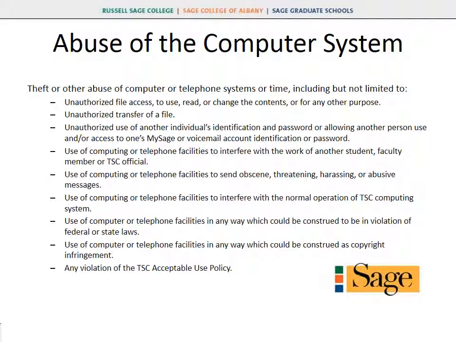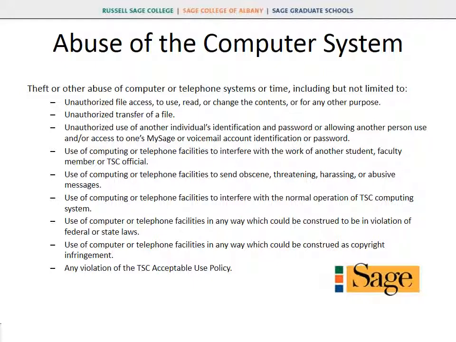Abuse of the computer system. Theft or other abuse of computer or telephone systems or time, including, but not limited to, unauthorized file access to use, read, or change the contents or for any other purpose, unauthorized transfer of a file, unauthorized use of another individual's identification and password, or allowing another person use and or access to one's MySage or voicemail account identification or password,